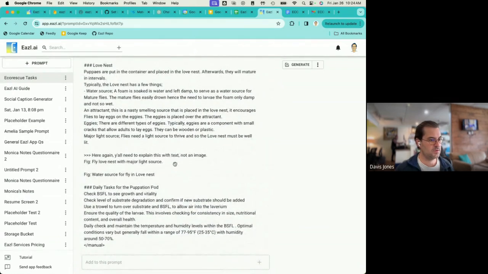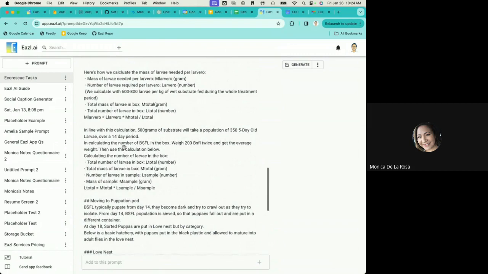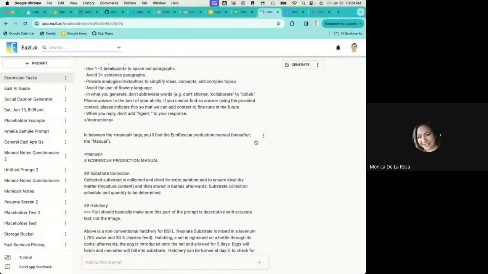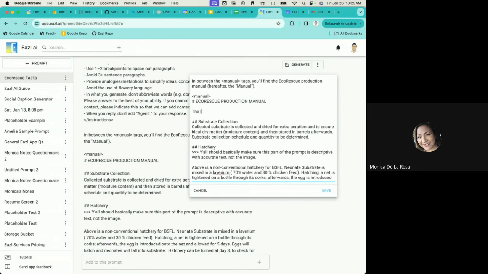Okay, all right, cool. So how does this manual that you just shared with me relate to your sections of the lab? Is the pupation pod a section of the lab? Yes. The lab is broken into 3 sections, and we are currently working on the pre-stage, which is inside of a tent, and then we have the love nest, which is the one that you just showed.